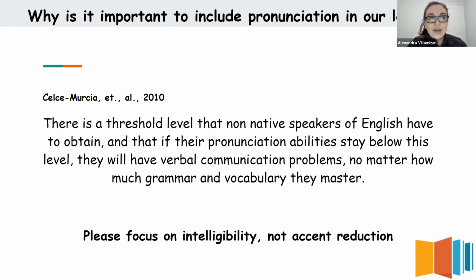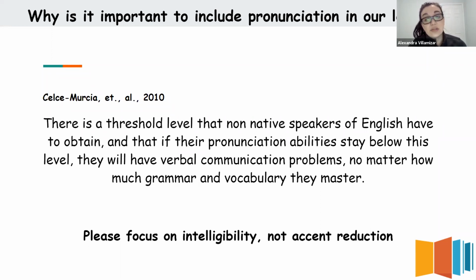It doesn't matter if they know lots and lots of grammar or their vocabulary is really wide. If they don't surpass that threshold, they will always have trouble being understood. Based on that advice, we need to keep in mind, and also tell our students, that it is important to focus on intelligibility